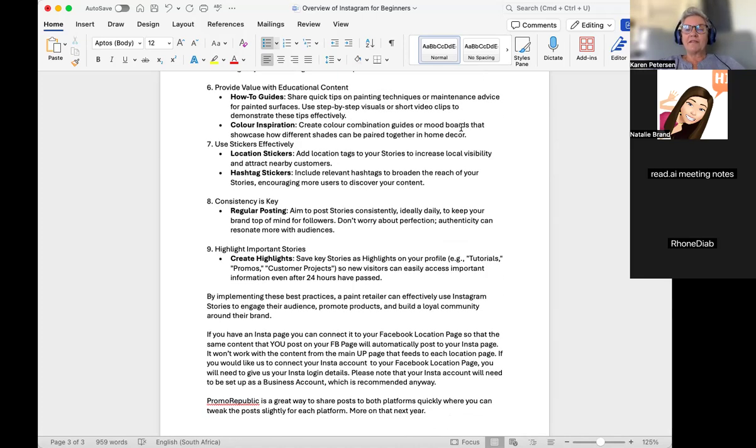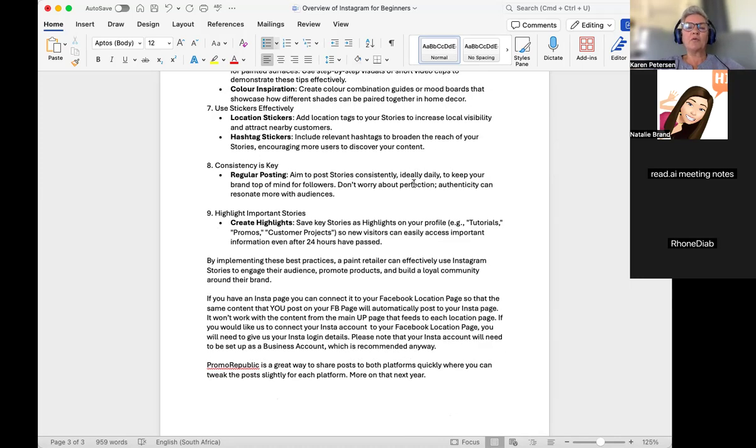How-tos are fantastic. So if you show people quick tips on painting techniques, maintenance advice, any how-tos regarding DIY or painting is absolutely fantastic content to use. That's the type of stuff. It's giving your customers value, and that's what they want. Color combination guides, mood boards, that kind of thing, or anything to do with home decor will be fantastic type